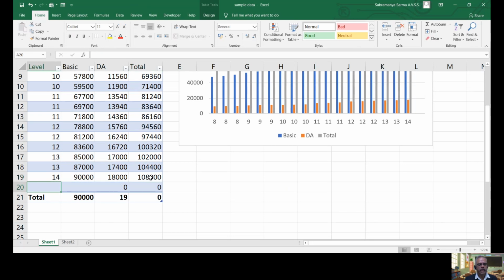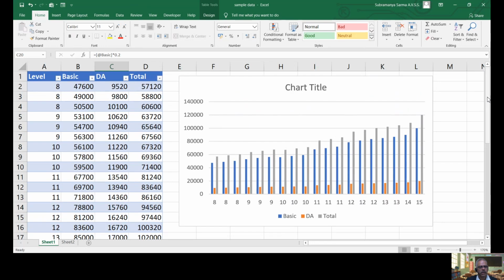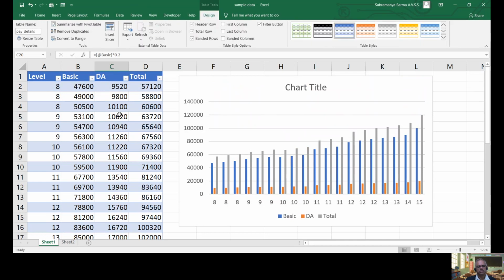Whenever I added it, a blank row was inserted and the table row was moved down, right? I'm saying level 15, I say 1 lakh, right? The value was computed, and see, level 15 was added in the graph also. So this is the additional advantage with tables. Tables are very useful and handy, right?